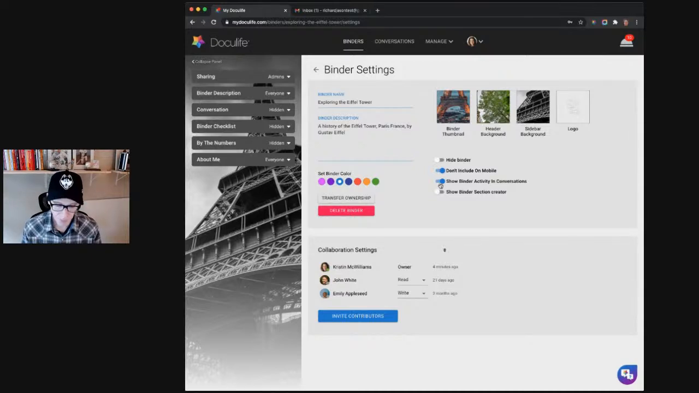And again, when I say your binder is heavy, I mean you have a lot of stuff in it, like over 500 megs. And how do you know how much you have in a binder? Let's take a look at that. So I'm going to choose by the numbers here, and I'm going to show it to everyone. And so if we go back here,